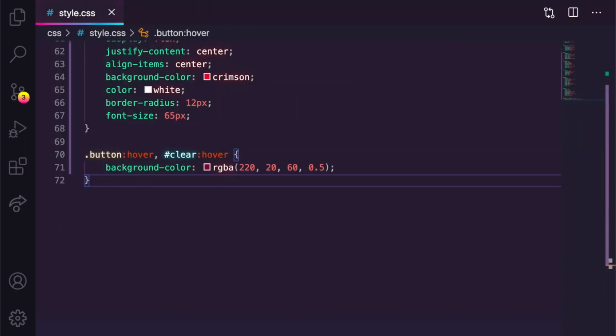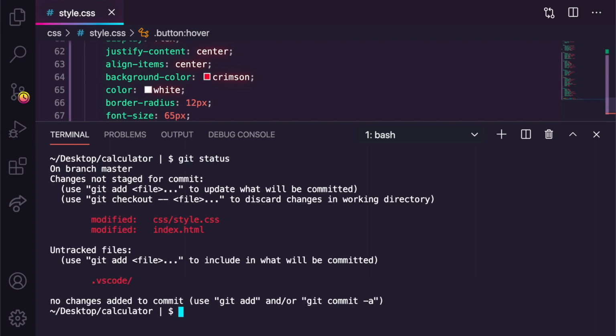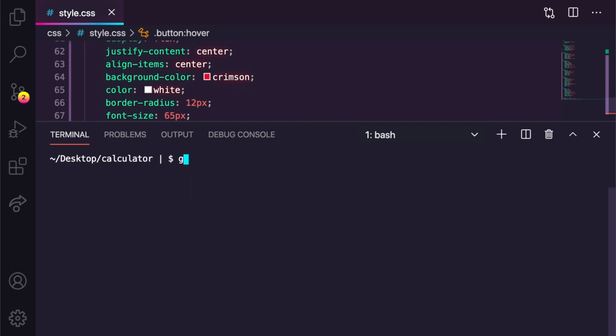Okay, so let's just get this out of the way. I'm going to open up my integrated terminal, and let's do git status just to see what progress we've made. We also made some changes in the index.html when we removed the outline class. So you know what we'll do? We'll do git add index.html, and then git commit "removes outline". Perfect. And then we'll do git add CSS style.css, and git commit